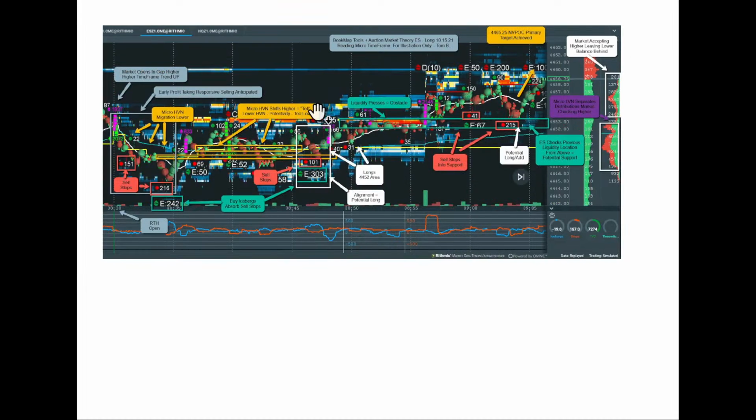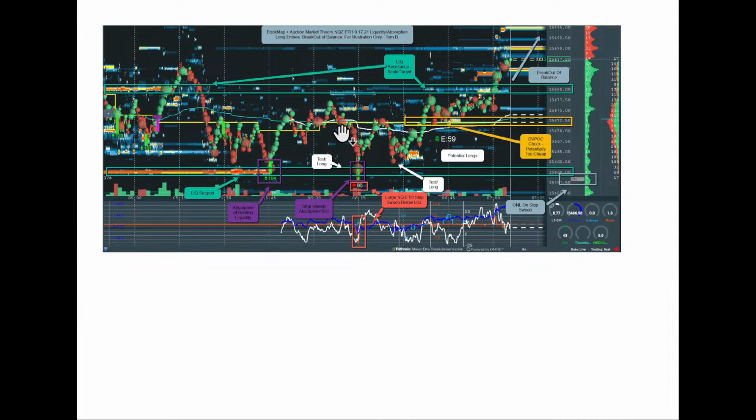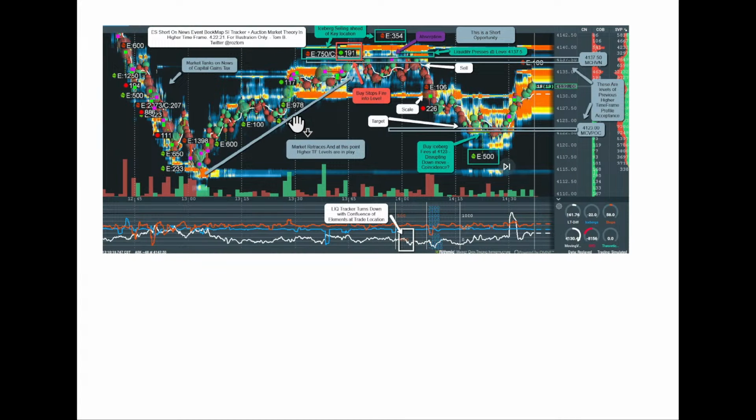Why? What does it mean? It's a tell. Why would this do this? Why would I get long? Obstacle. I mean, there's a lot in here. And some of this was developmental stuff. I worked with the developers at Bookmap and had ideas, and I did some of this for Bookmap development. Some of this stuff I wouldn't touch with a 10-foot pole because it was all experimental.